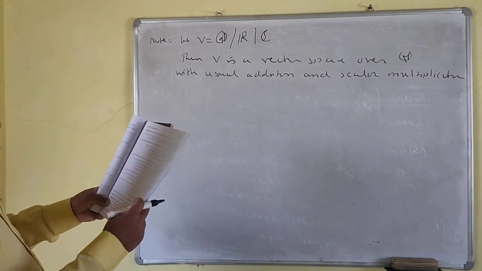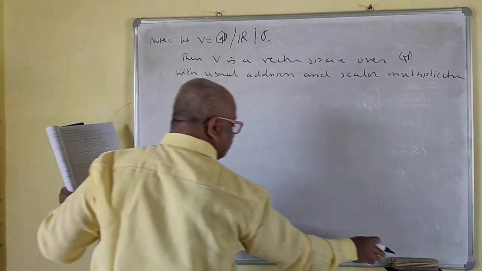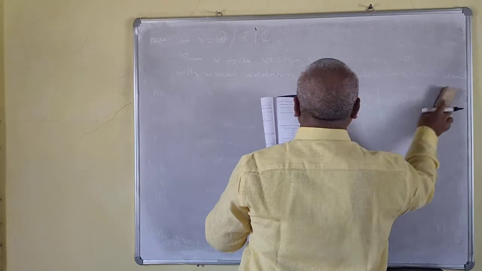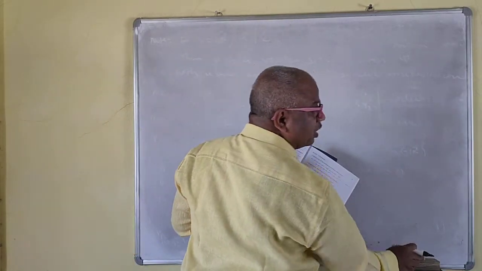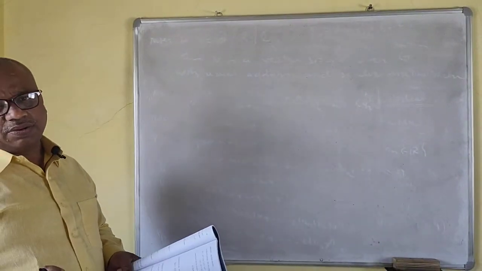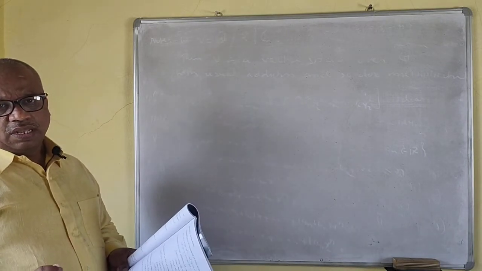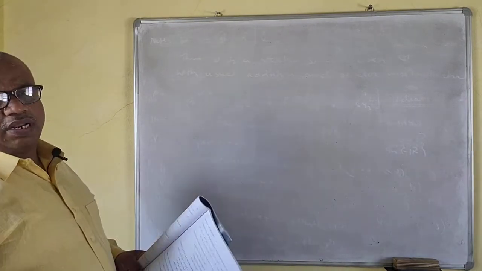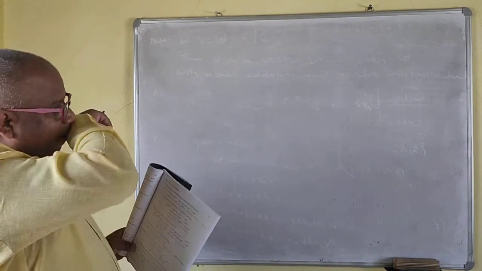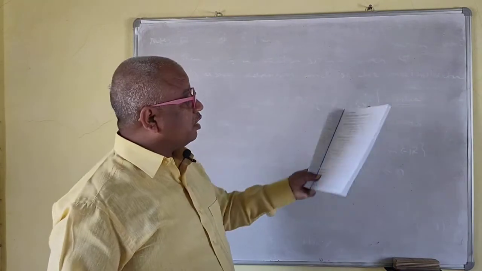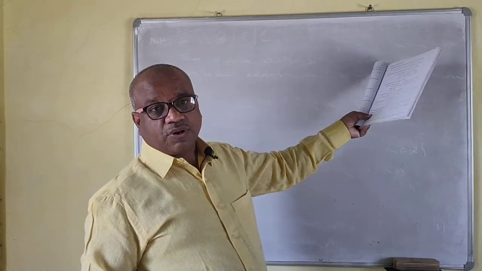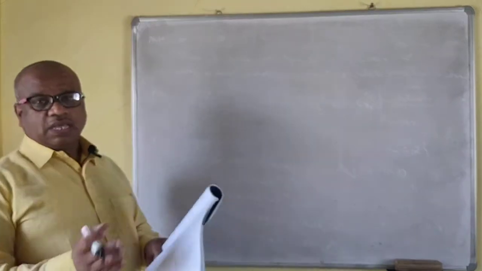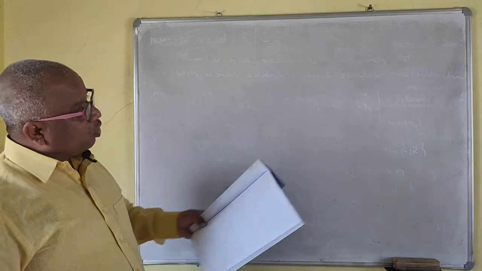We'll take an example. This is an important note: Q, R, C. Q is the set of rational numbers. Because for rational numbers, the sum of two rational numbers is a rational number, and the product of two rational numbers is a rational number. So if a is a rational number, then minus a is also a rational number. So over Q is very important, because the real numbers are nothing but rational as well as irrational numbers.